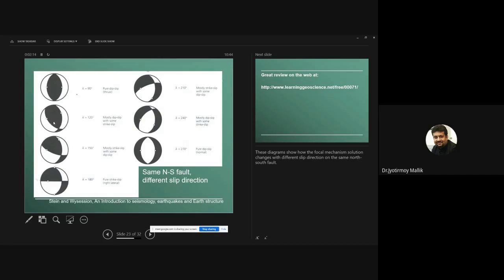Now these are all thrust and strike slip mixed, and these are normal and strike slip mixed. But what exactly an oblique slip fault is, we will talk about later on. It's a mixture between a strike slip and a dip slip fault. Dip slip faults are either normal faults or thrust faults, but it's kind of a mixture. We will discuss them later on.